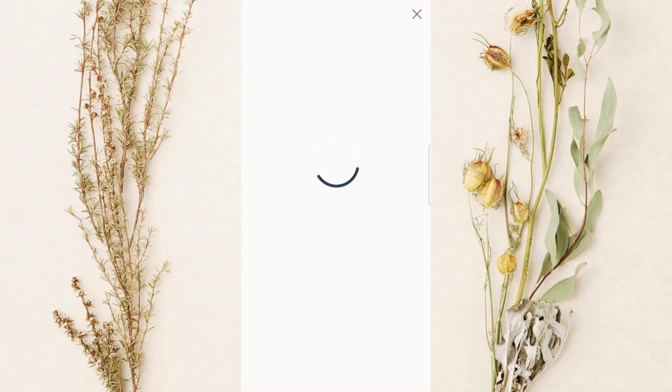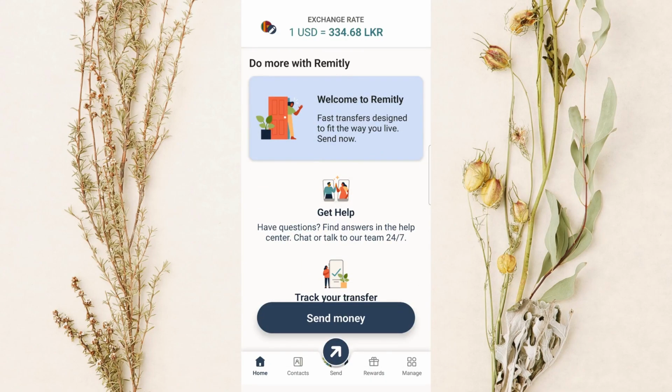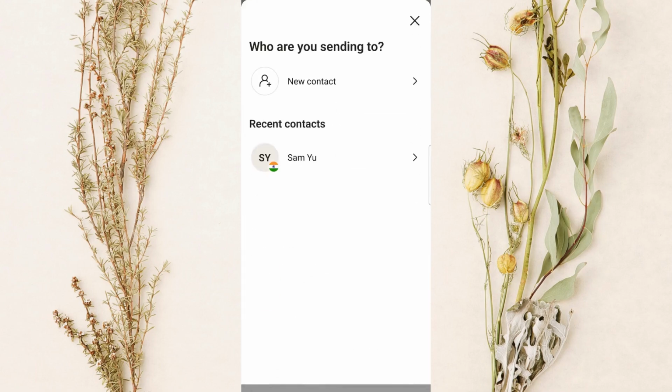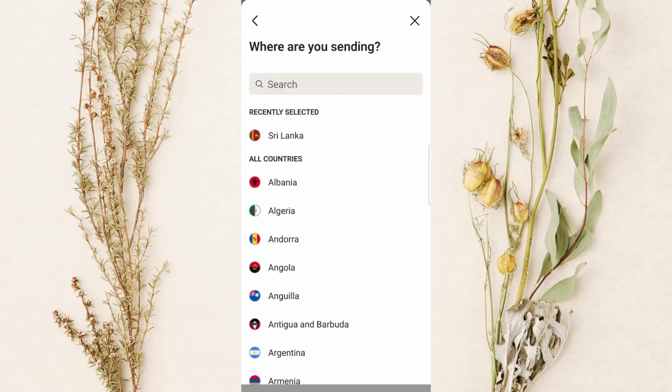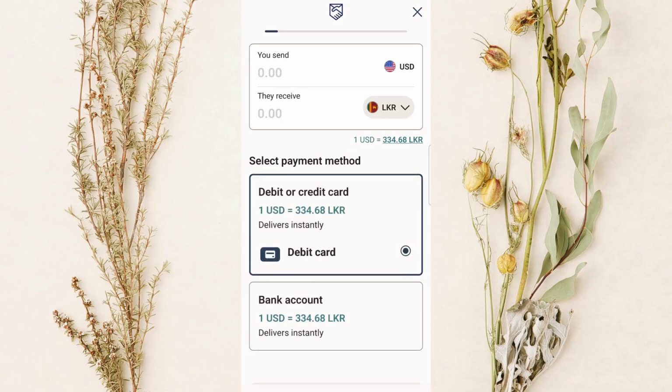If the recipient's contact information has already been saved in your account, you can simply click their name from the list. That makes things faster and helps avoid entering the same details again. If the person is not already saved as a contact, click New Contact. Then select their country and make sure it is set correctly. This matters because transfer options can vary depending on the destination, and choosing the right country helps make sure the information fields match what's needed.